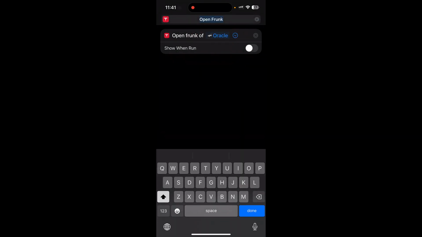You could put whatever name you want. You could put open sesame if you want, or whatever you want to name it. If I say open Frunk, it will open it. Whatever name you put, that's what you need to say with Siri. So I'm just going to put open front. The reason why is that sometimes